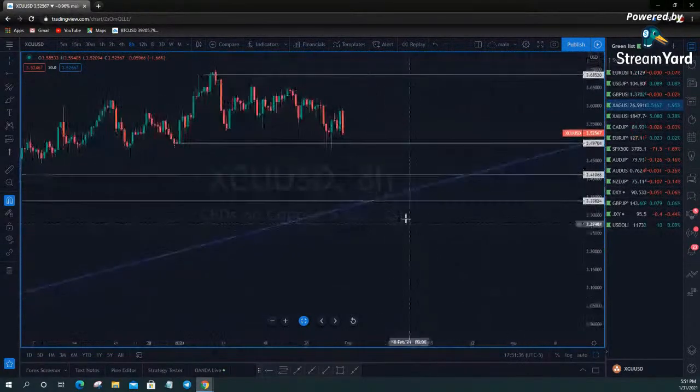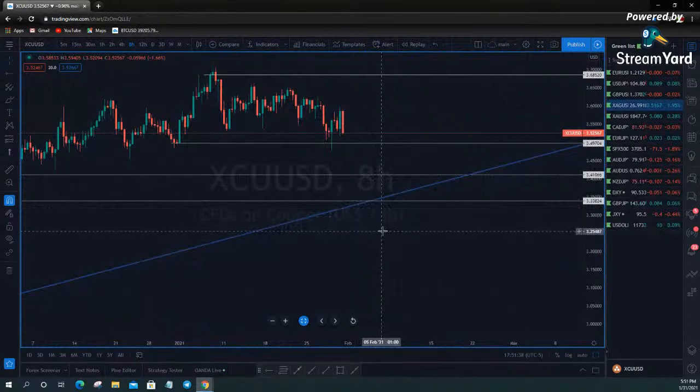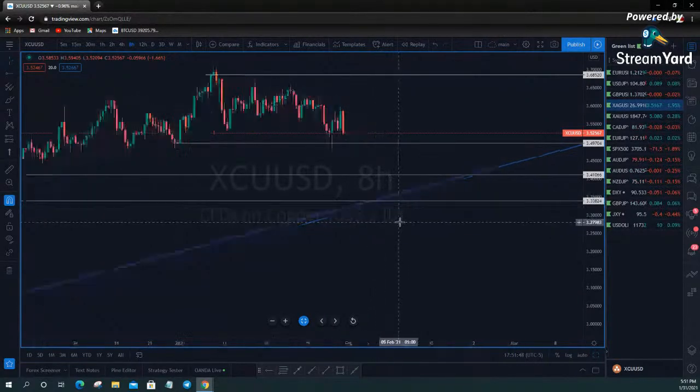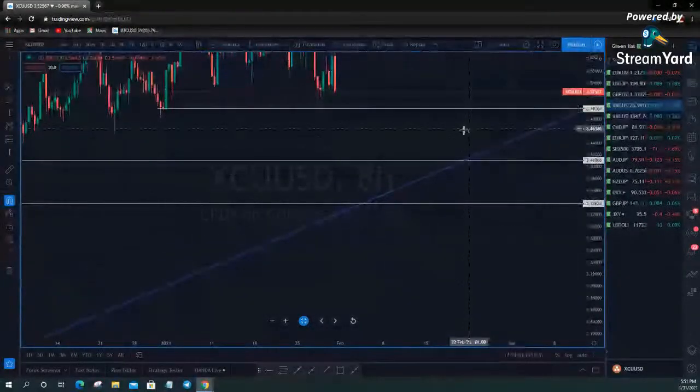Obviously, I would expect price to wick well below that area. If it's going to remain bullish, wick below, close above, to stop out anybody who's basing this as a long opportunity. That's just the way markets work. Markets move in search of liquidity.